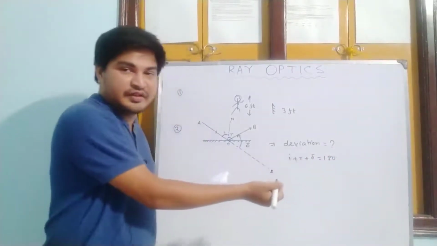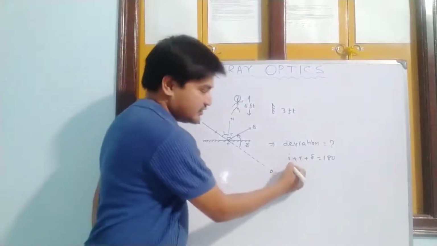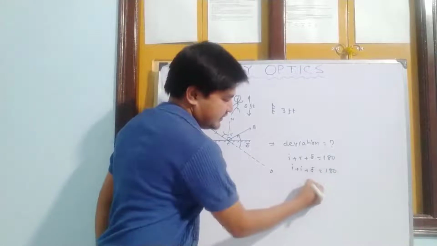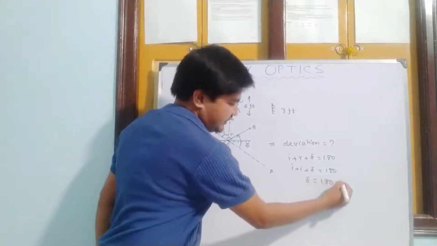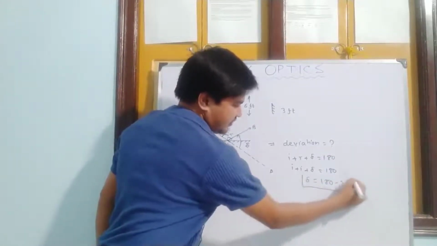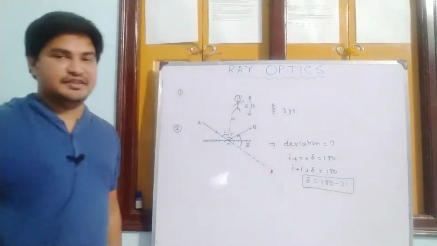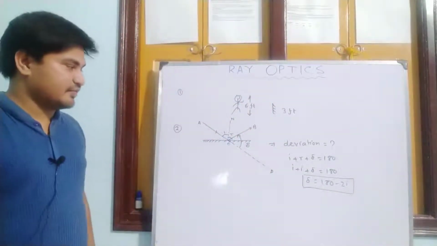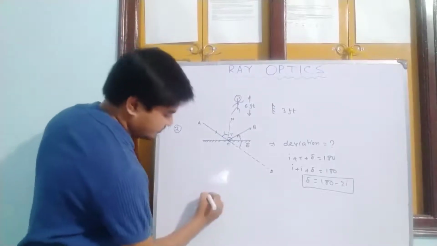Again we know from the laws of reflection that R equals to I. So I plus delta equals to 180. Delta equals to 180 minus 2I. This is the angle of deviation in case of plane mirror. This is the very first thing. Second thing is that